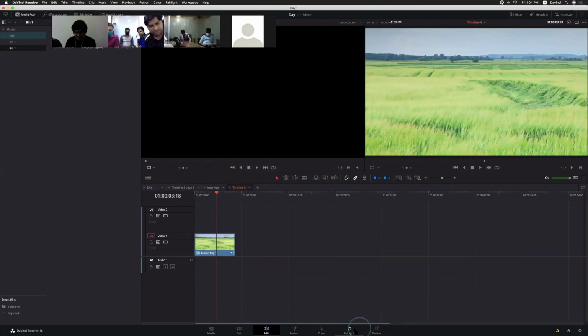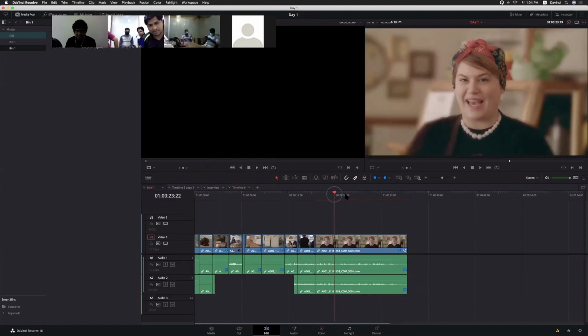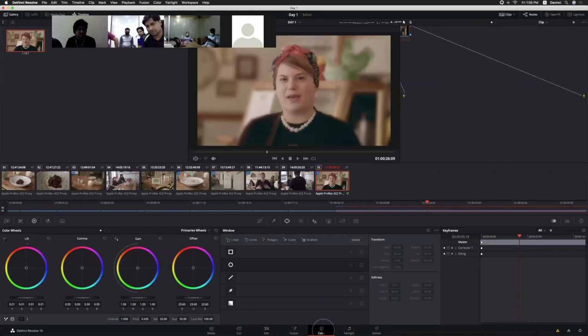Now see, we haven't done anything with this clip, right? No, not with this clip. The before one, the lady one. We haven't done anything with this one. Right away we are seeing that thing. It automatically passes through every page, even in the color page. You don't have to do anything, render or anything. The render will happen automatically.